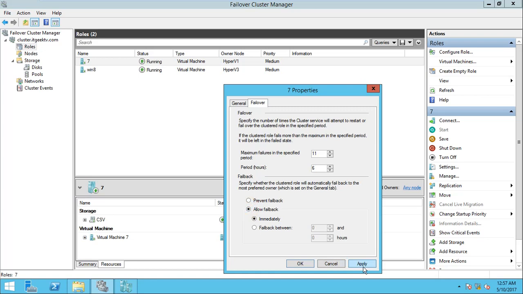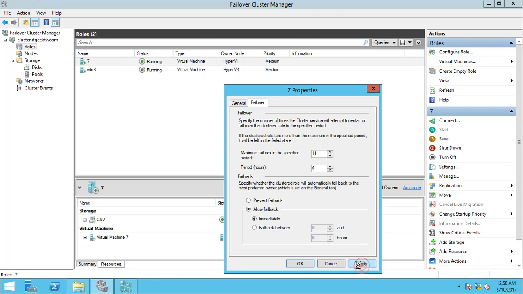What happens by doing this is, suppose Hyper-V 1 goes down, that virtual machine will go to some other Hyper-V host based on the resources. Cluster will manage that part. As soon as Hyper-V 1 comes back, this virtual machine should move back, I'm not predicting whether it will move or not, but by the logic it should move.